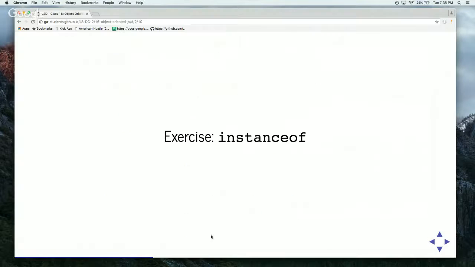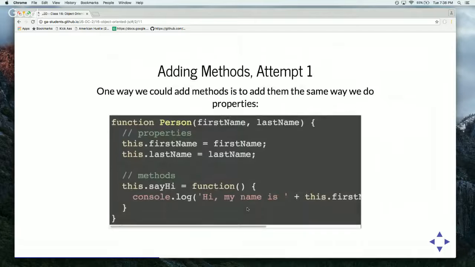Cool. All right. So now we've got constructors. We've kind of ripped them apart. We've got properties now, like first name and last name, or make, model, year. All these things that are just data stored inside of our objects. The next thing we need to do is add functionality to these classes. Okay. So here is sort of a naive attempt at how we might do that. Okay. Very simply,